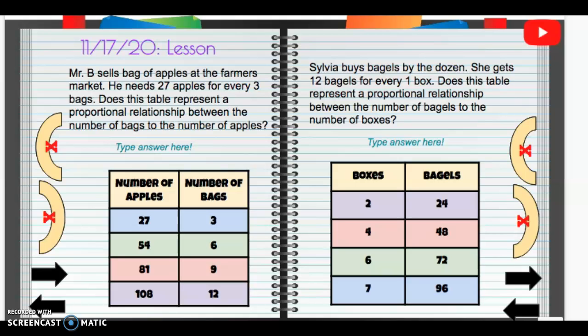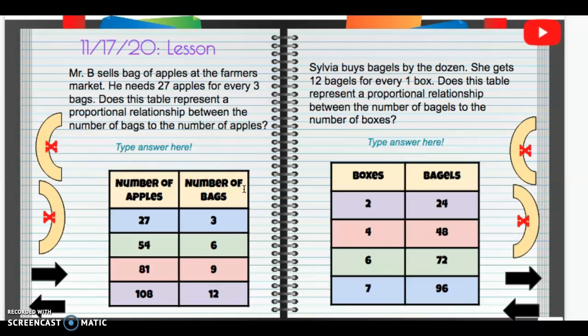All right, so now we're looking at tables here, and we're looking to see, are they equivalent or not? So Mr. B sells bags of apples at the farmer's market. He needs 27 apples for every 3 bags, okay? So we have 27 apples for 3 bags. Does this table represent a proportional relationship between the number of bags to the number of apples? So all they're asking here is